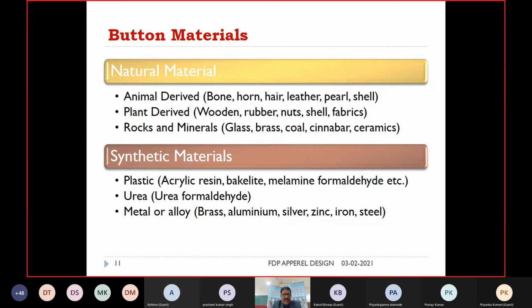So how does your button face all the challenges it is supposed to face during dry cleaning of the product for the next use?